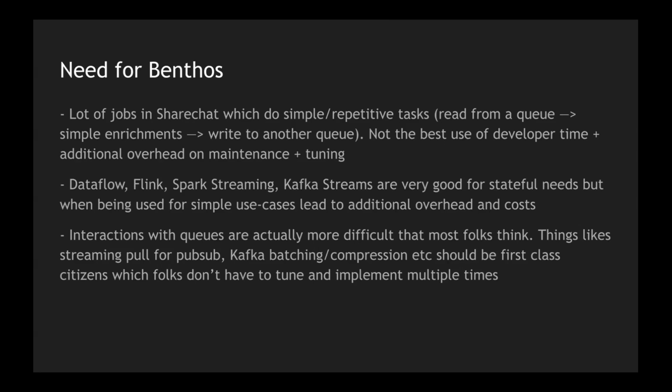And honestly, some people might say, why not just write a job in a language? And I would say that interactions with queues are actually not that simple. We have seen people making the same mistakes time and again, where, for example, people are not following the best practices. For example, Google PubSub recommends you to use streaming pull. Now, if you're doing streaming pull in, say, Node.js, it's a difficult concept to get around, how you use streaming pull. Benthos uses streaming pull by default. You just write the PubSub subscription name and it works.